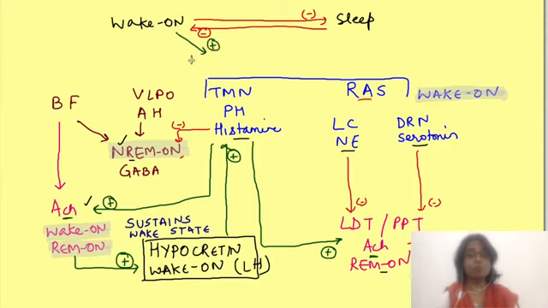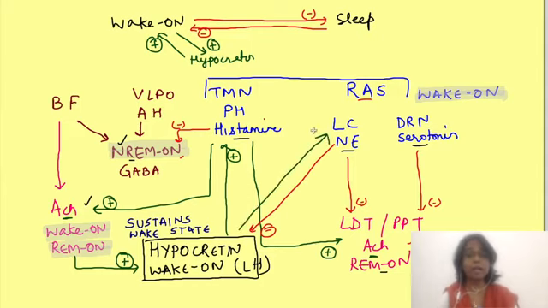But this loop needs to be stopped after some time, so that we can sleep, isn't it? So, there is another control over these hypocretin neurons. The other wake-on neurons which we stated, that is RAS neurons, actually inhibit these hypocretin wake-on neurons, which in turn activate these norepinephrine serotonergic neurons. So, in this loop, hypocretin neurons are promoting their own inhibition, while in the other loop which we talked about first, hypocretin neurons are promoting their own activation. See, this is a positive feedback here, right?